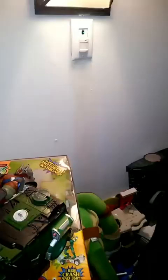Oh god, look what I found. The worst toy that ever came out. The Mutation April. I think I did a review on you. Well, besides April, she was kind of